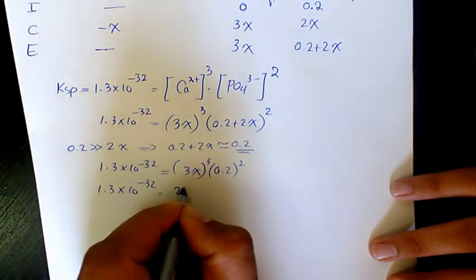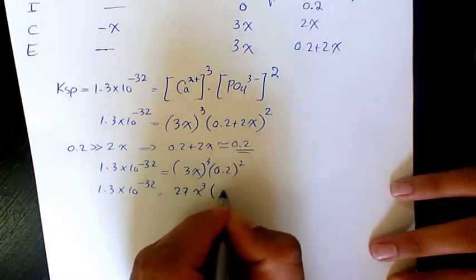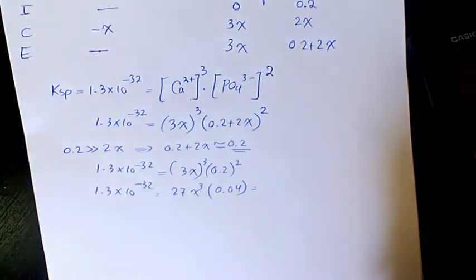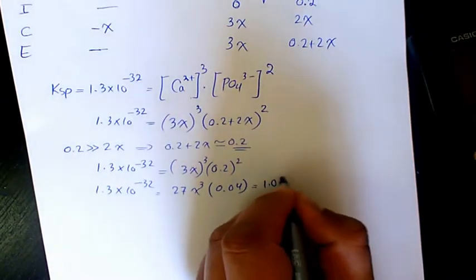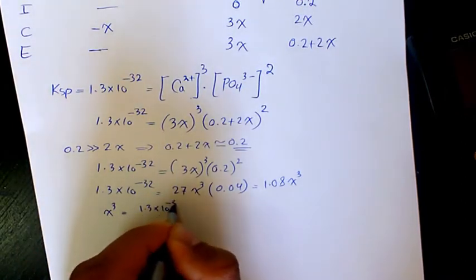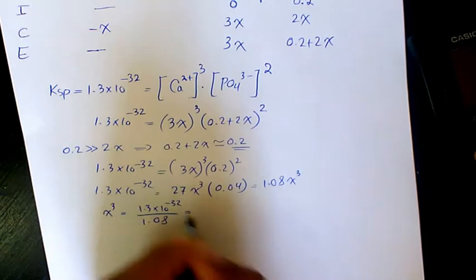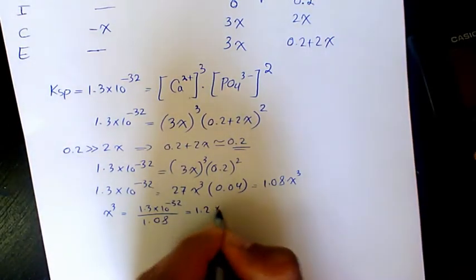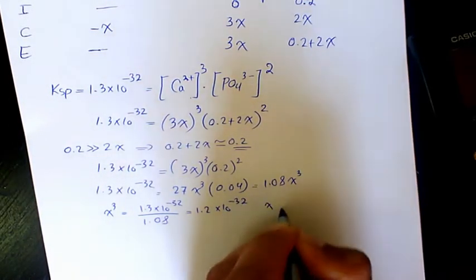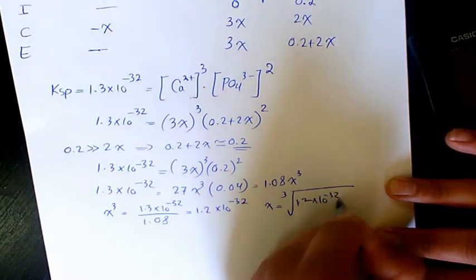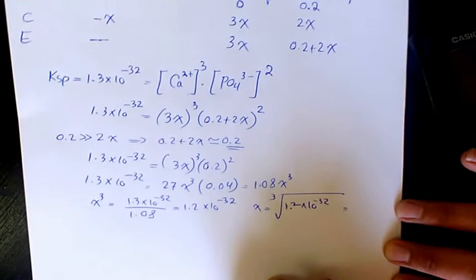3 cubed, 27x cubed. 0.2 squared is 0.04. So 0.04 times 27, that's 1.08 x cubed. So x cubed is 1.3 times 10 to the power of negative 32 divided by 1.08. It's going to be 1.2 times 10 to the power of negative 32. So x will be the cube root of this number, 1.2 times 10 to the power of negative 32. That's going to be equal to,